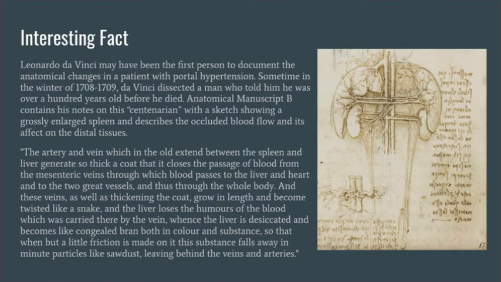The artery and vein which in the old extend between the spleen and liver generate so thick a coat that it closes the passage of blood from the mesenteric veins, through which blood passes to the liver and heart, and to the two great vessels, and thus through the whole body. And these veins, as well as thickening the coat, grow in length and become twisted like a snake, and the liver loses the humors of the blood which was carried there by the vein, whence the liver is desiccated and becomes like congealed bran,